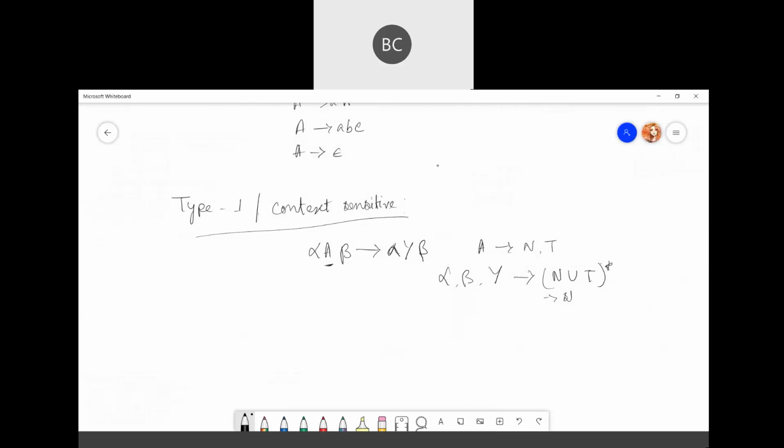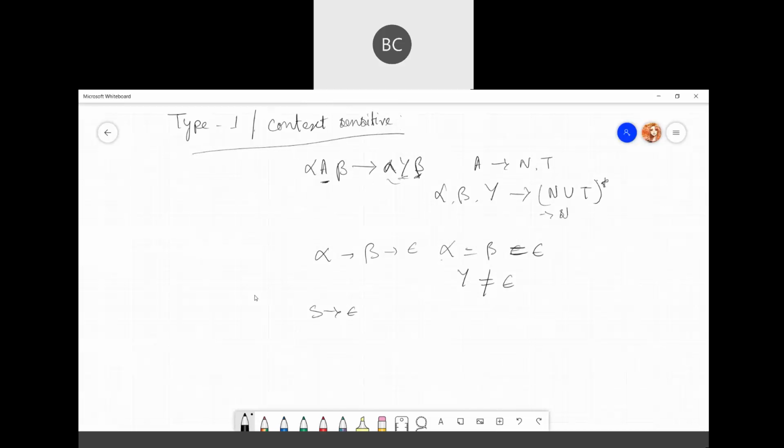And alpha and beta might be empty. Okay. But this Y, alpha and beta can be empty. Both can be empty. But this Y can never be empty. Okay. And the production rules belong to alpha. From the starting symbol, you can generate an empty string, it is allowed,